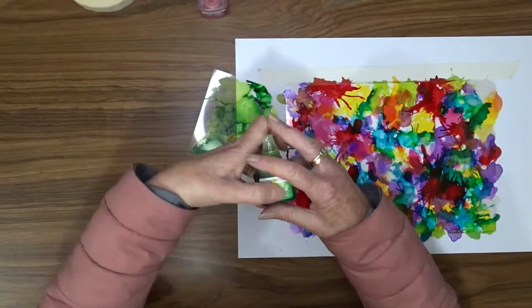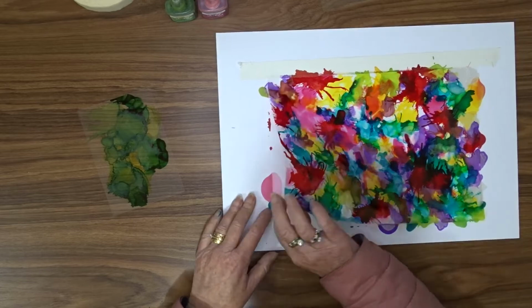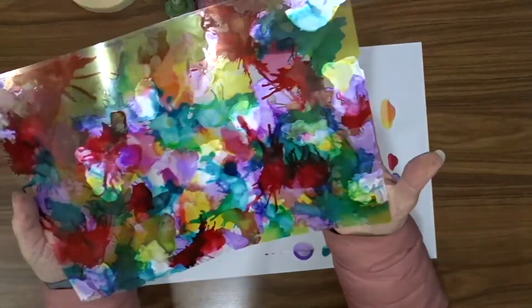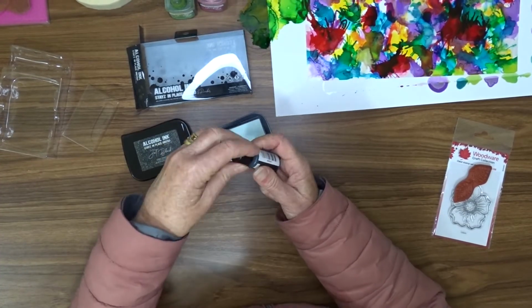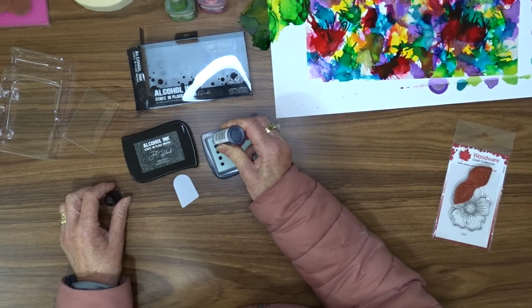I used the same technique with the leaf and emerald to make some green to use for my leaves. I set that aside to dry, and when it was dry I wanted to stamp some flowers and leaves out